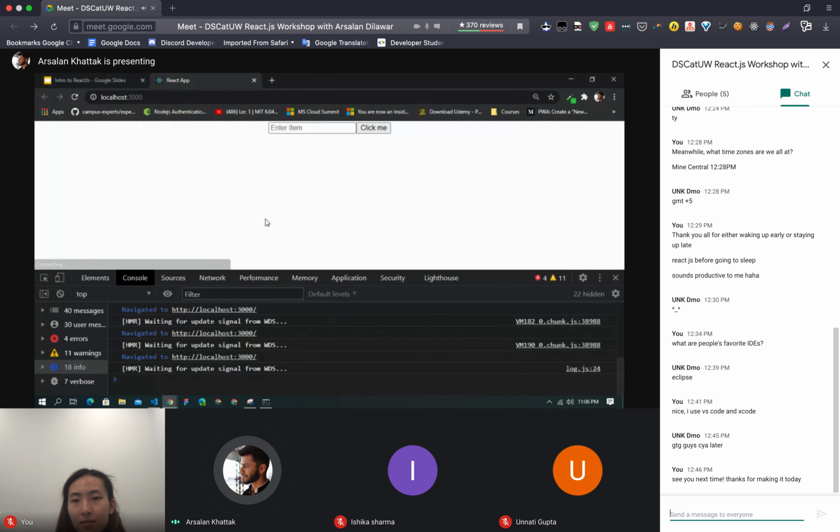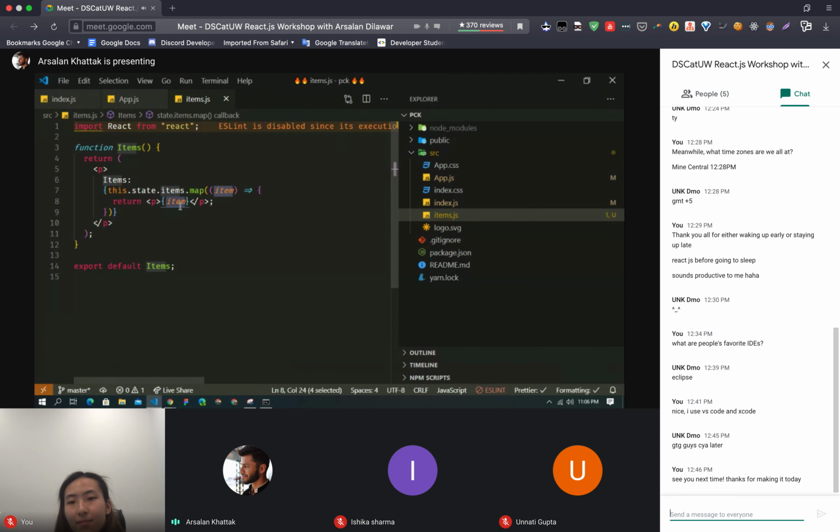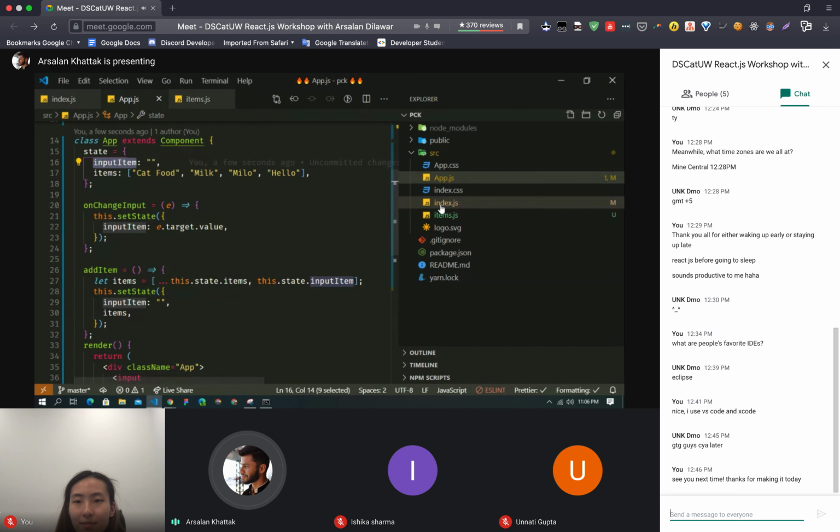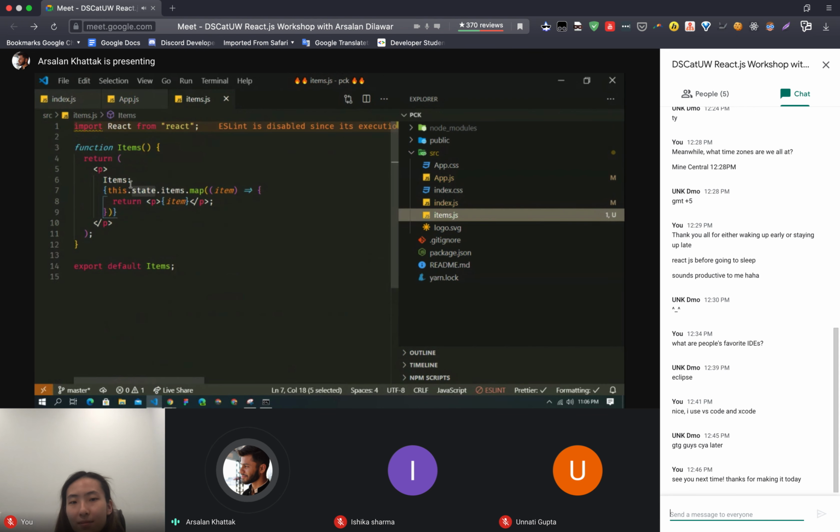Now if I go here, you will see nothing, so this is not okay. The reason is that this.state is undefined here, because this.state exists in this file, but not in this file.